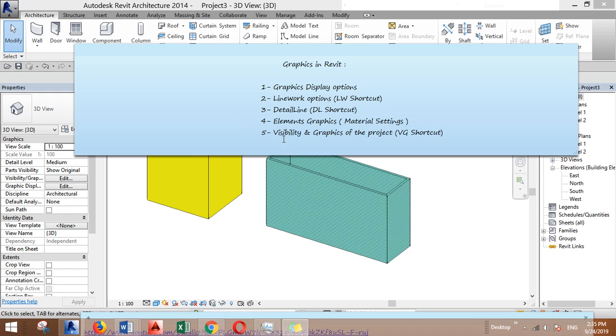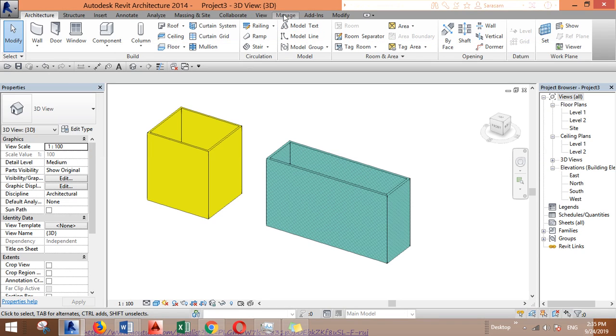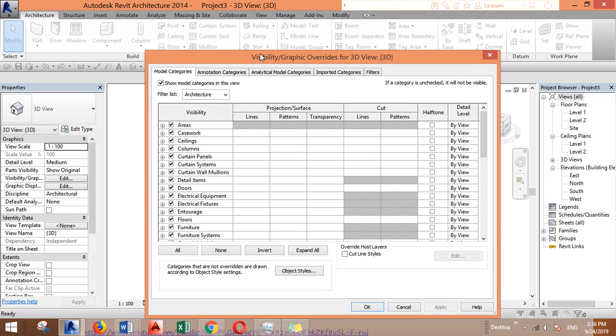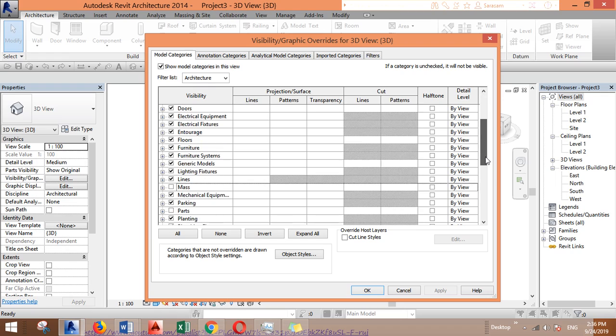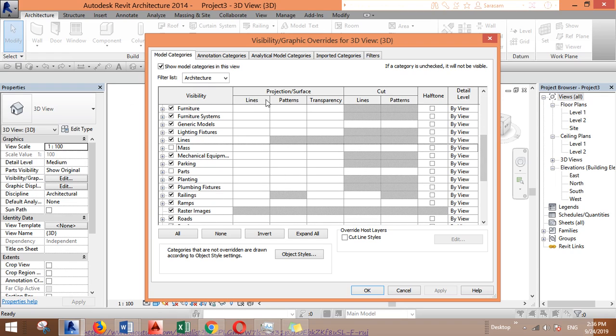elements and graphics thing. The fifth thing which is related to graphics in Revit is visibility and graphics. Visibility and graphics controls the graphics of the whole project. So you can find all the elements. I will show you now. The shortcut is VG. Okay, and as you can see, you have many categories, and you can control their